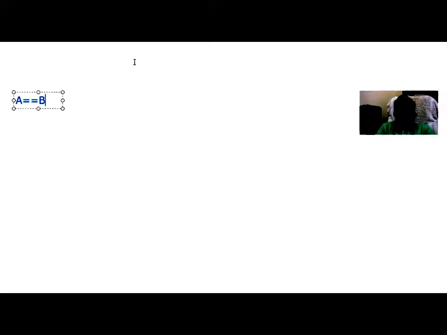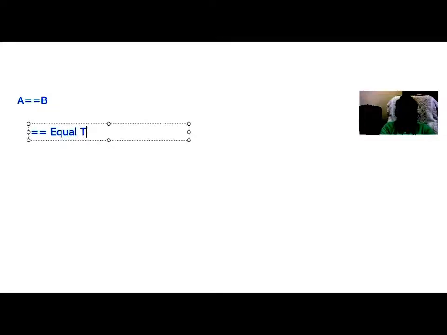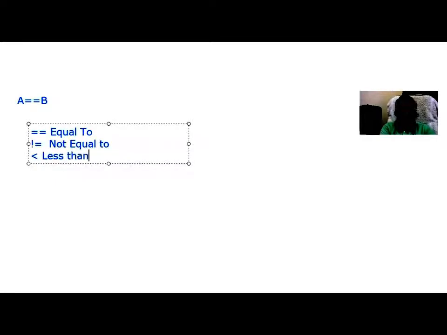In the same way, there are some conditional statements like this. This is called the equal to operator. In the same way, this is called not equal to. These are the most widely used comparative operators. Now let's move on to the others. It is called the less than operator. This is called the greater than operator.